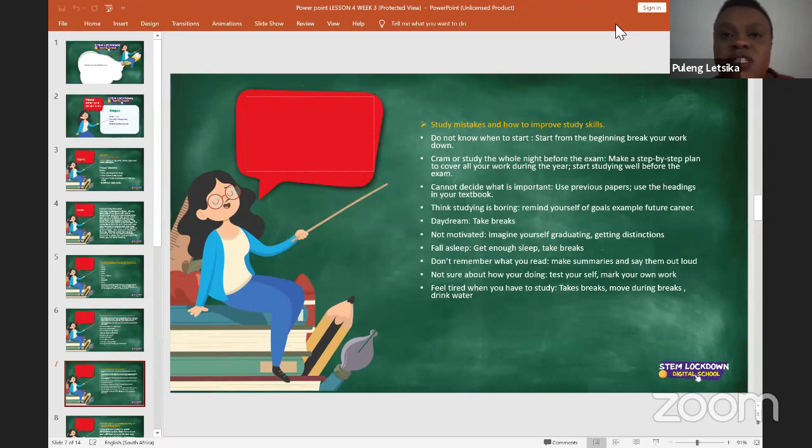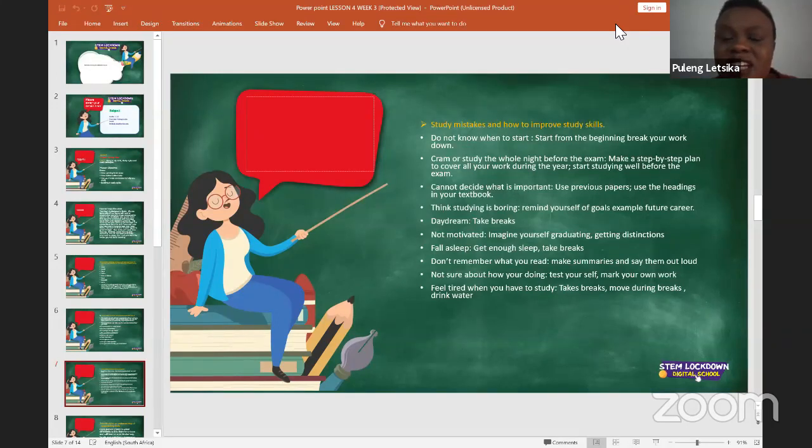So what you need to do is have a consistent sleep routine, and you must know how long you should sleep. Maybe 6 hours of sleep would be good, at night, so that your brain can go to rest. Then you can wake up early in the morning and start reading, or you can just do your studies after school. When you arrive, you go straight to your books and start studying,